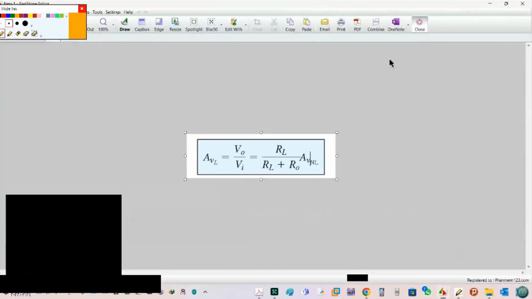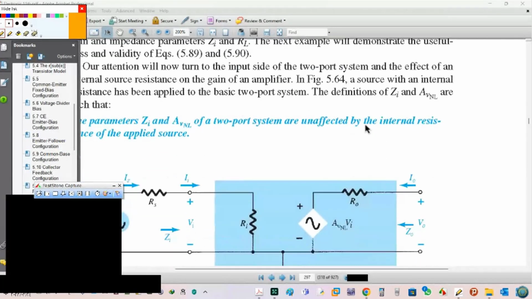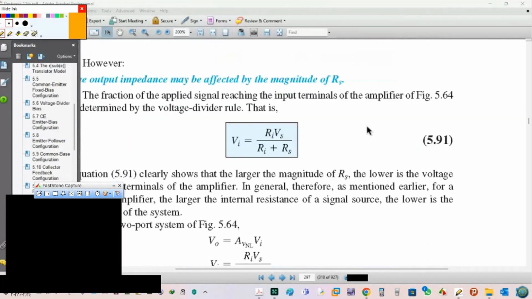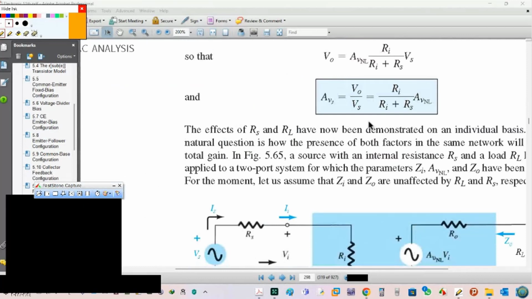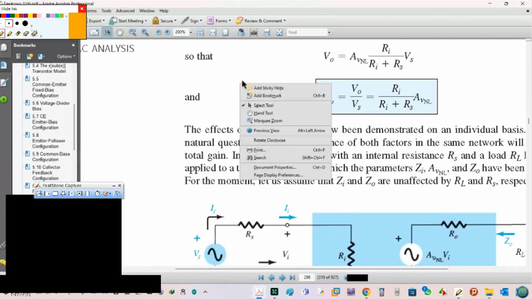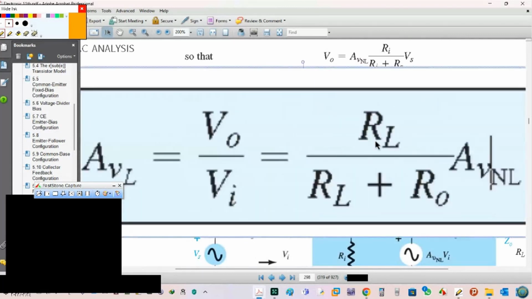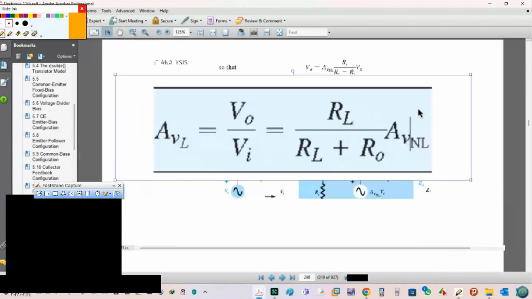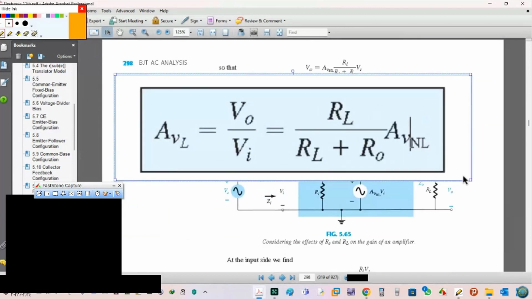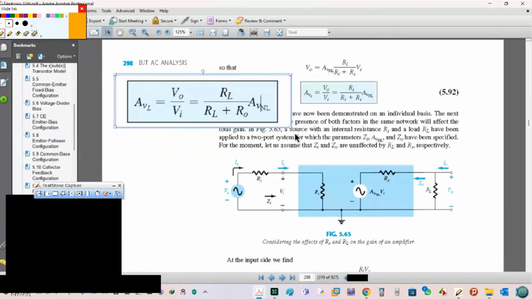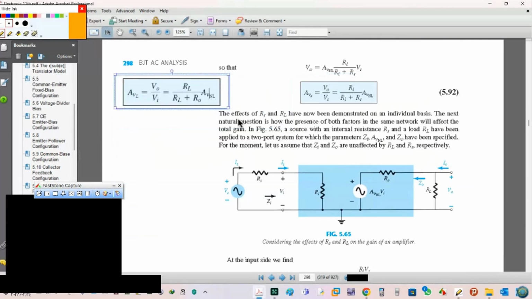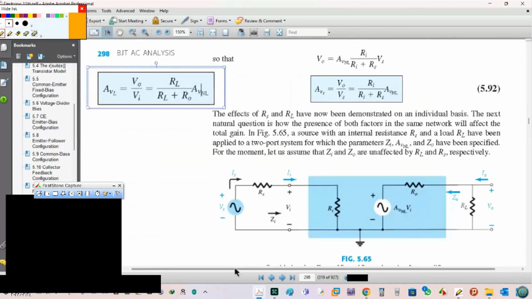Copy. I want to compare between both. What's the difference between those two formulas? But here, where are you? Yeah. Control V. Yeah. Okay, increase. Okay, thank you so much. Okay. Now, let's see